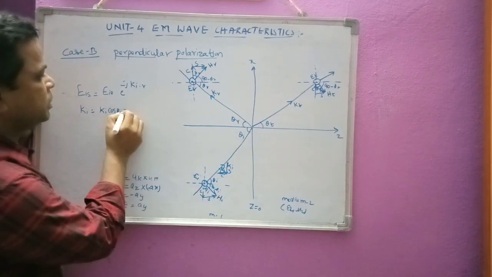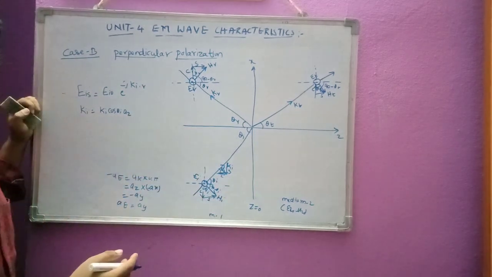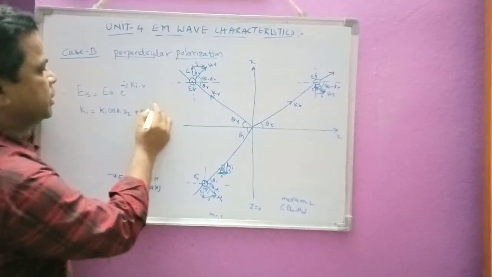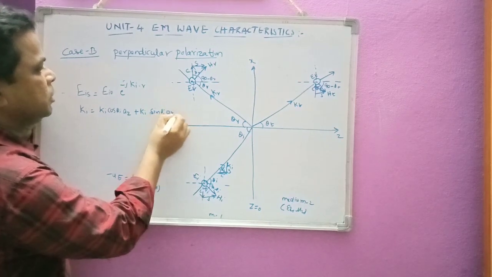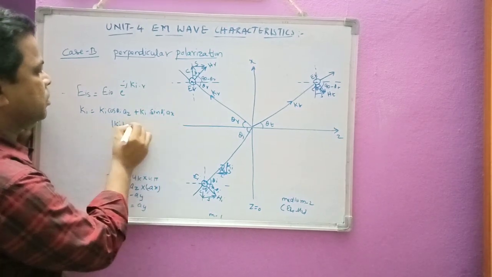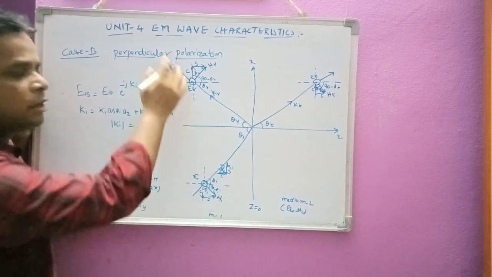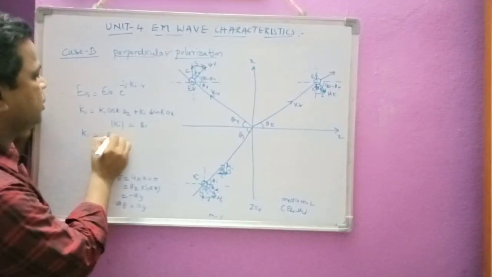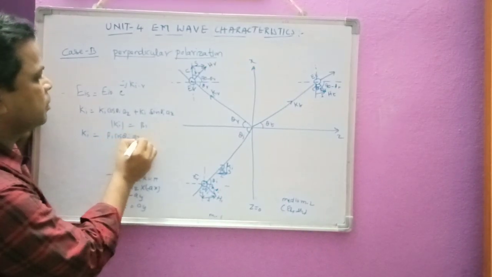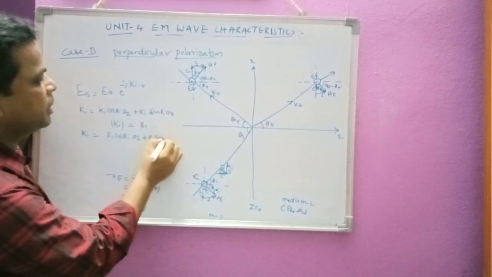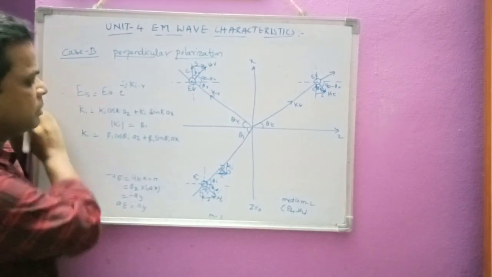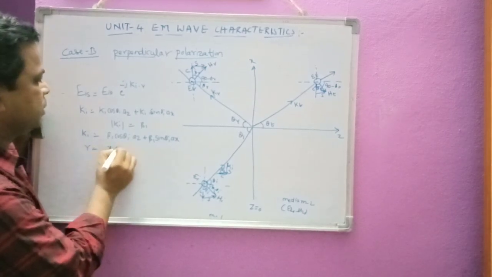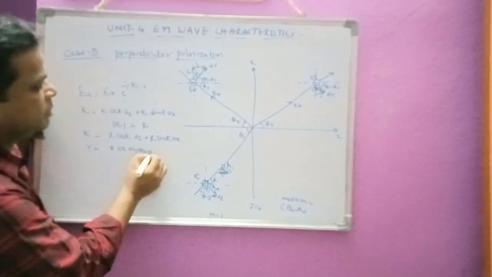It is along the positive z direction, az here, and this is also the positive x direction here. Sin, that is ki cos theta, sin theta I ax here. Now we know that the magnitude of ki is equivalent to beta 1 because it is in medium one. Now I can write ki is equal to beta 1 cos theta I az plus beta 1 sin theta I ax here. Similarly, r is nothing but the position vector here. I can write r is equal to x ax plus y ay plus z az here.